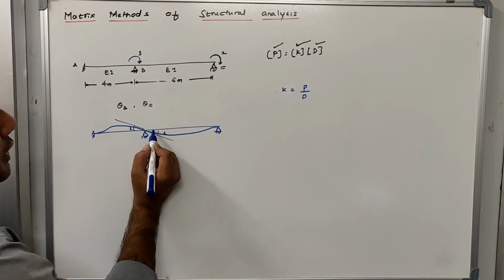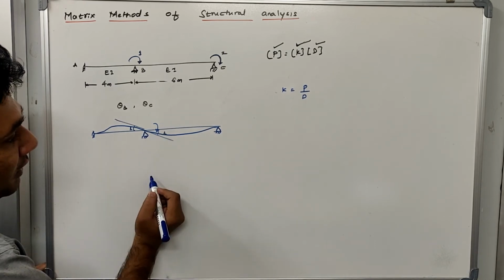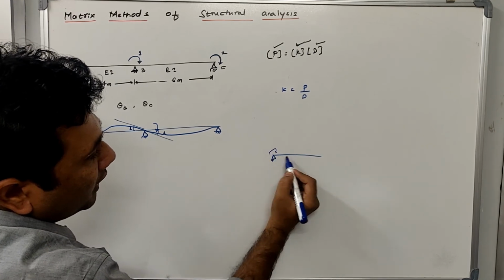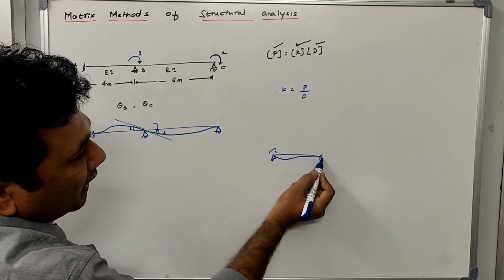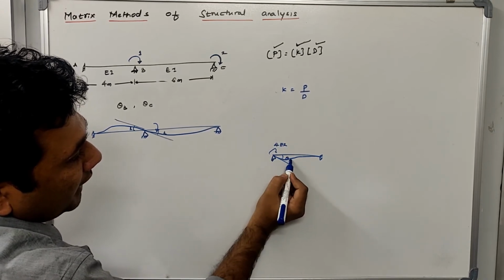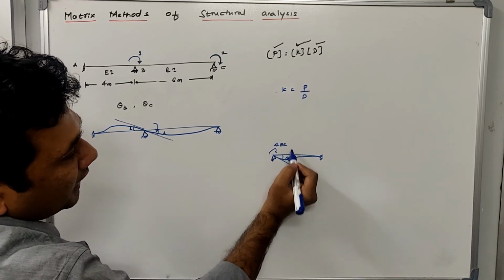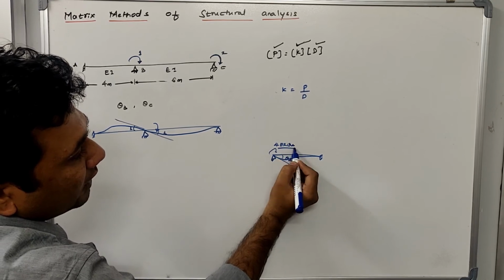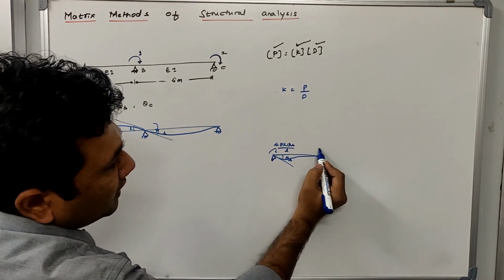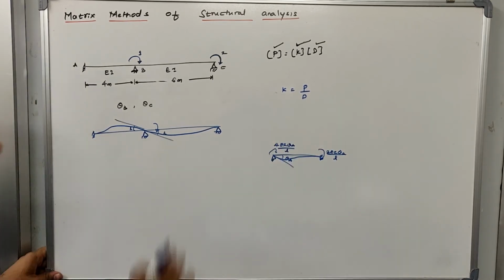Now if I apply unit rotation over here, what is the moment that is exerted at this point? All of you remember this. If I apply a moment over here, and the far end is fixed, the moment created here because of rotation theta A, assume that it is the A end, so the moment required to create this theta A is equal to 4 EI theta A divided by L. I hope you all remember this, right? And at the far end, how much is the moment that will get generated? It will be 2 EI theta A divided by L. We all know this, right?